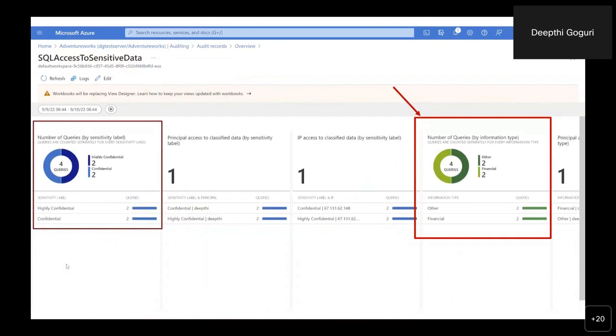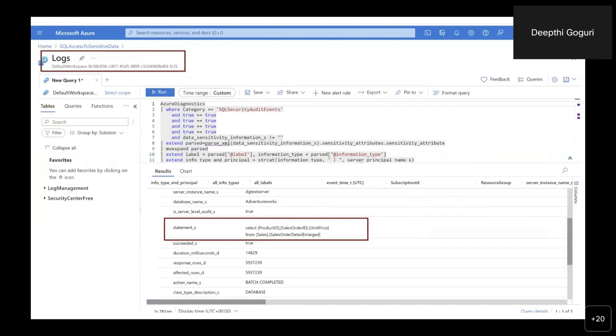After some time, I tried accessing the sensitive label to see the report like this. So I went to auditing again underneath the database. I went to audit records. I clicked. You can see how many queries have actually accessed the confidential data. And once you click on the queries, you will have the query editor show up,